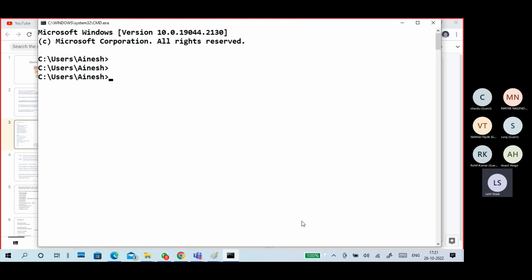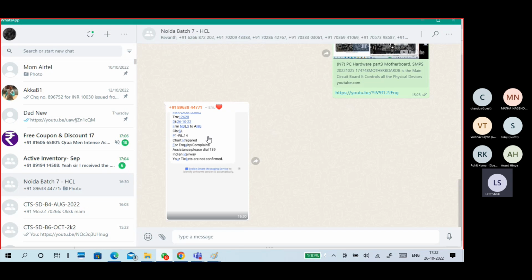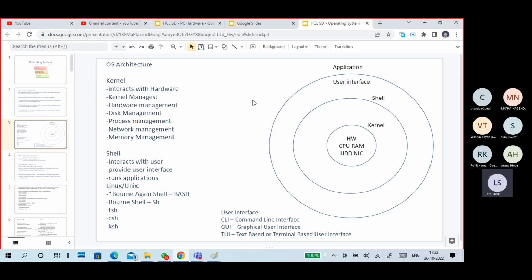Like you want to create a file, or you want to install something, uninstall something, modify something, or kill something, command lines only. That is the command line interface. Graphical user interface: anything you want to do, like open, close, sending, reading, disk management, file management, anything you can do graphically. That is a graphical user interface.